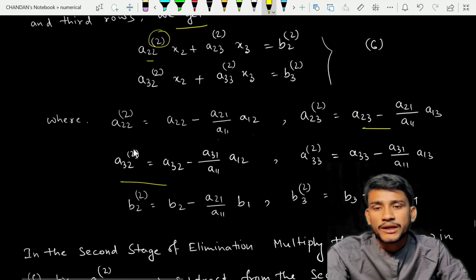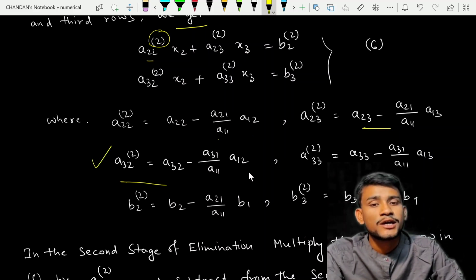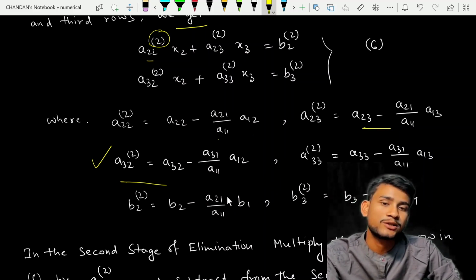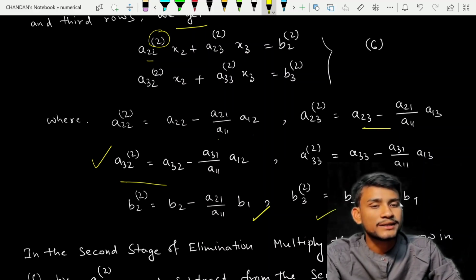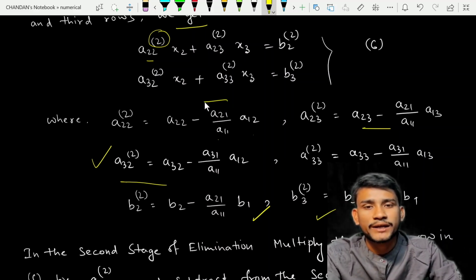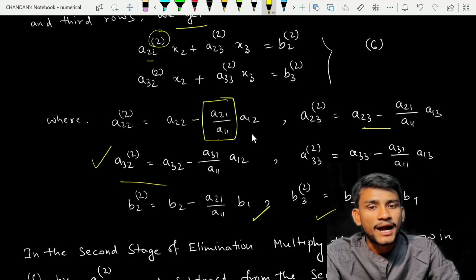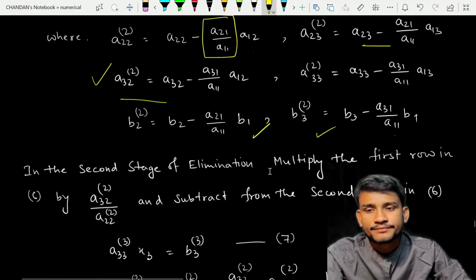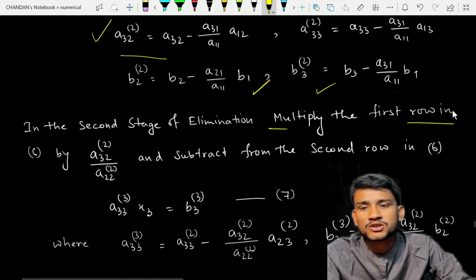a32 superscript 2 is equal to a32 minus a31 by a11 into a12. And b2 superscript 2 equals b2 minus a21 by a11 into b1, and b3 superscript 2 equals b3 minus a31 by a11 into b1. So we multiply these quantities with the coefficients and subtract from the second and third row respectively. Okay, in the second stage of elimination, multiply the first row in